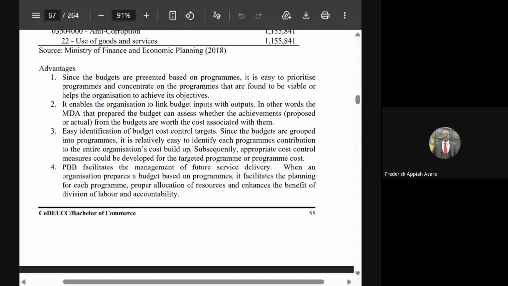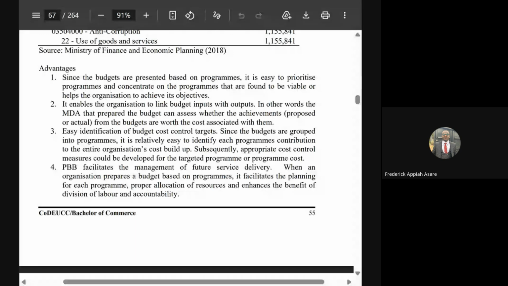It's program based because before the budget comes to Parliament, when you're doing the steps in preparing the budget, the various budget officers in the various ministries are to prepare their own budget and bring it to the Minister of Finance. So it's like the bottom-up approach, where they take the budget from the bottom line, bring it up and consolidate it at the ministry. So if the Ministry of Health sends its budget, the programs, all the revenue that will come in and the expenditure they are going to incur will be under the Ministry of Health.